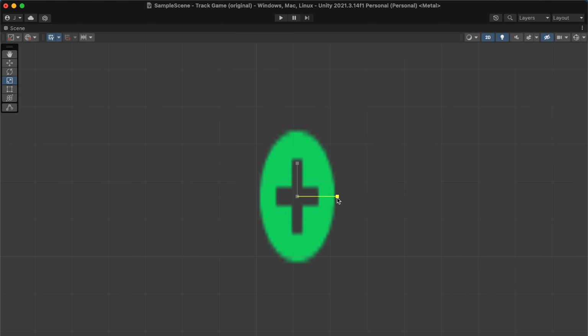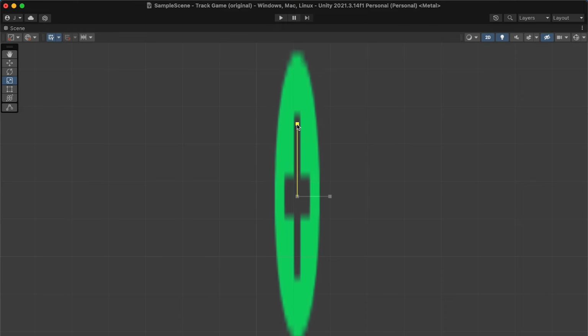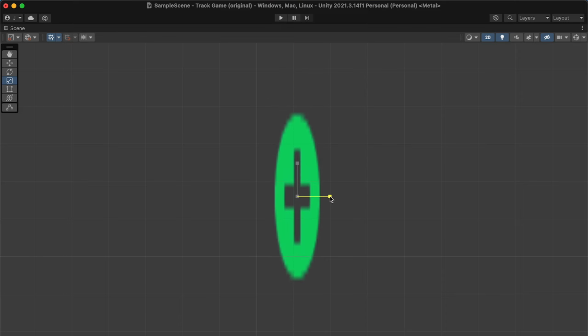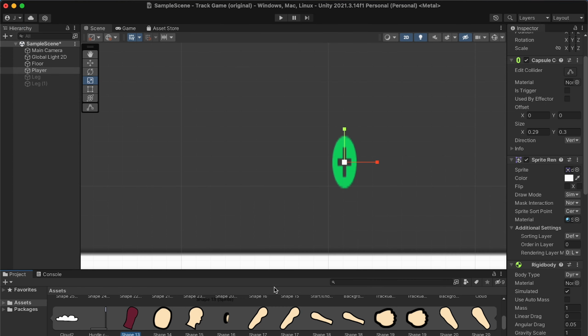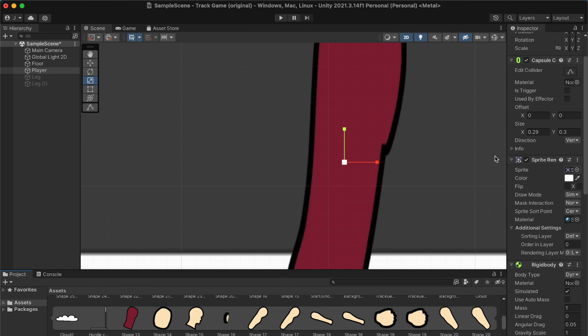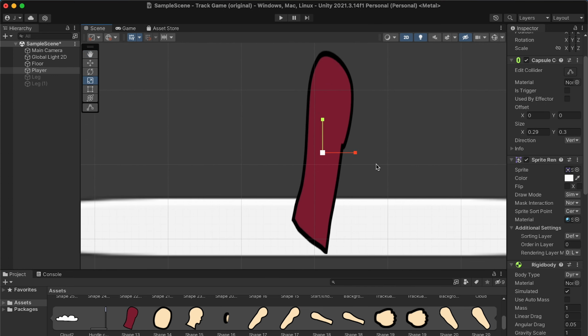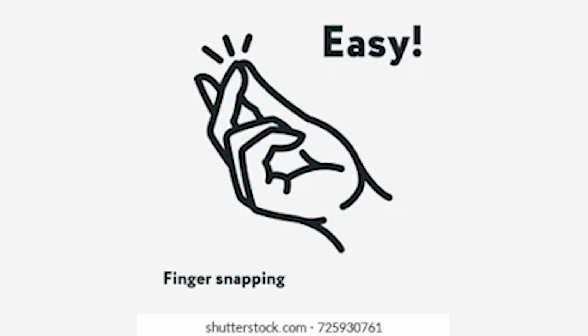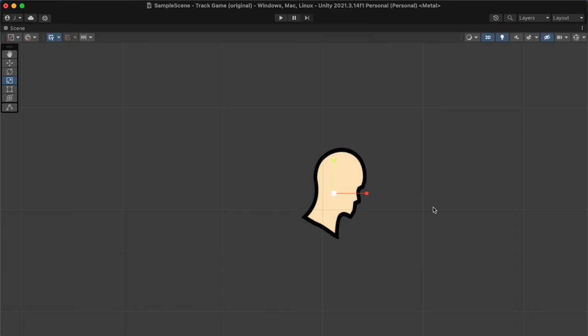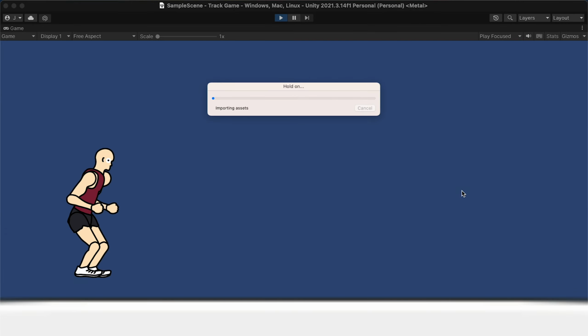The way that I had made the player in the first place was stretching and scaling the objects, so that way the sprite would more accurately represent the shape. But when I tried to replace that asset with something that didn't need to be scaled or stretched, it was all messed up. But that wasn't that bad. Easy fix, I'll just change the scaling back to normal. I went around and fixed this up for the whole player, and he was looking really good. Until you press the play button.